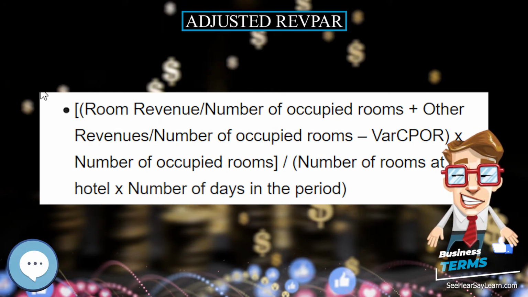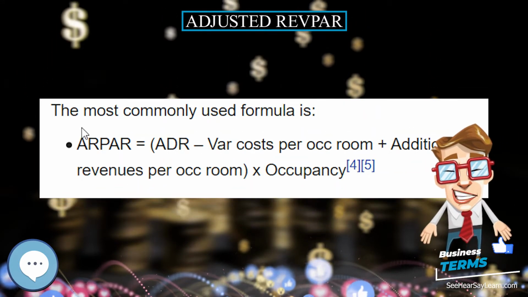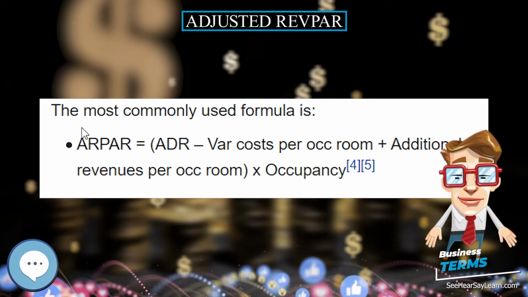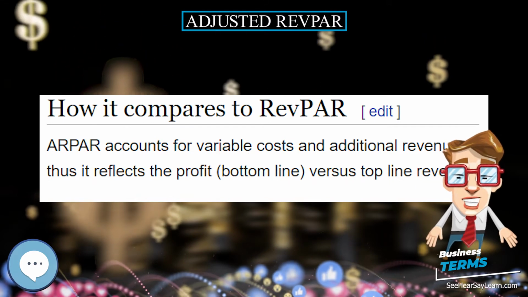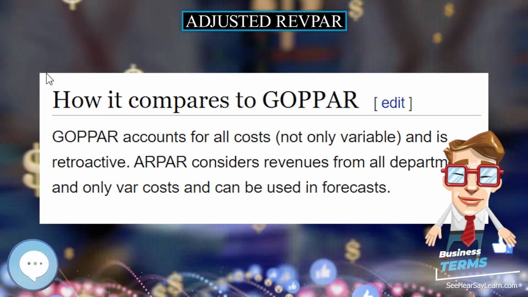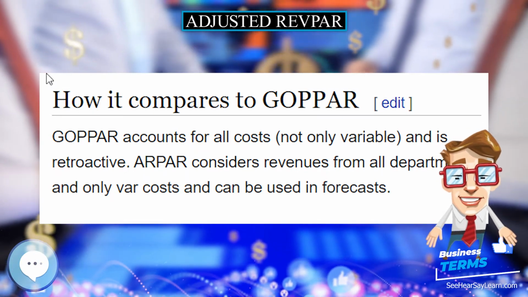The difference between RPAR and other metrics, RevPAR, TrevPAR, GOPAR, is that it accounts for variable costs and additional revenues. Calculations. Various formulas can be used to calculate RPAR, where VARPAR is variable costs per occupied room. The most commonly used formula is